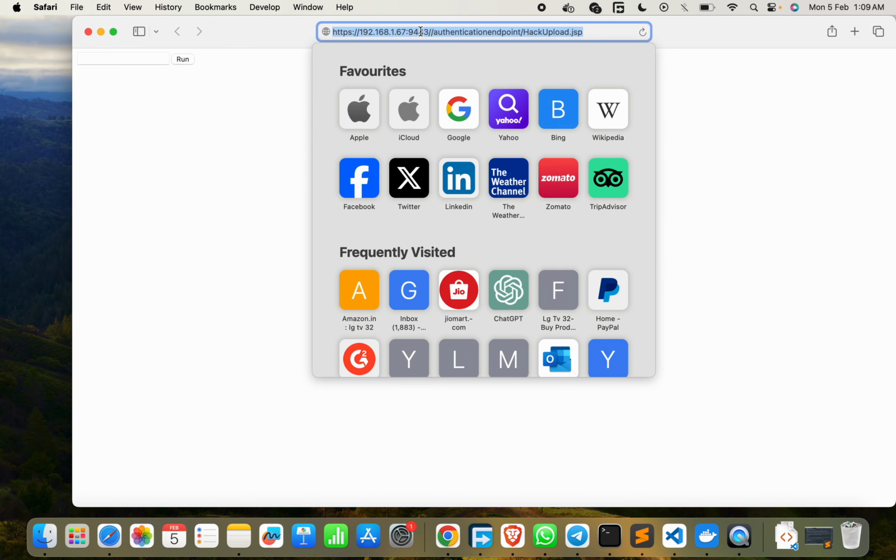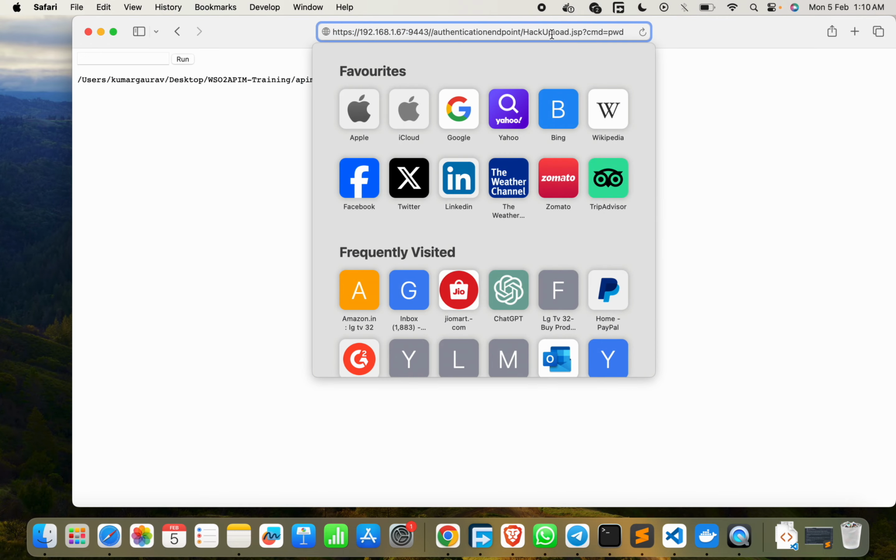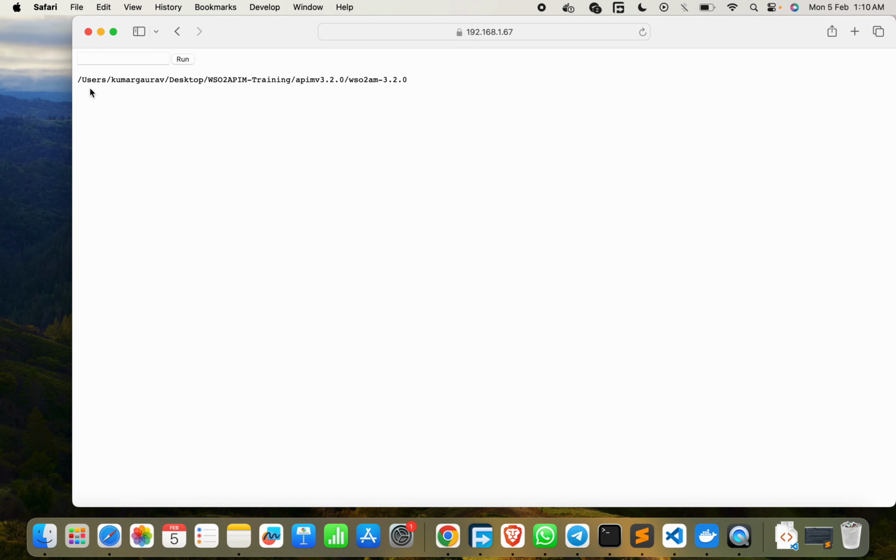So we can see that on this particular port, if I run the command pwd, it will show me the path where my API Manager instance is running. Even to validate, this file has been uploaded to the directory, which is hackupload.jsp. I will go to this particular directory slash